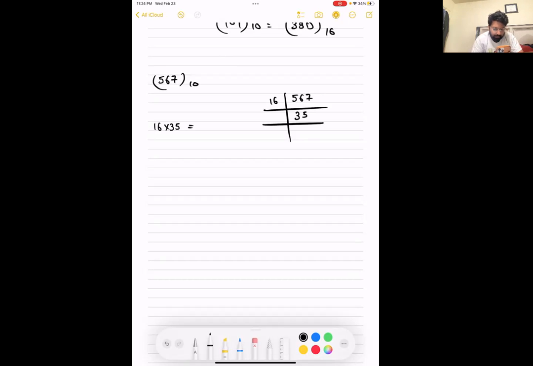So 16 multiplied by 35 is 560. And to get the remainder, we're going to say 567 minus 560, which is 7. So the remainder is 7. Now,